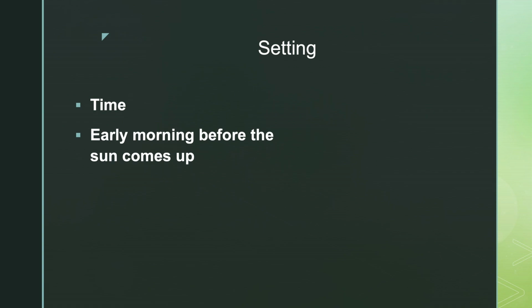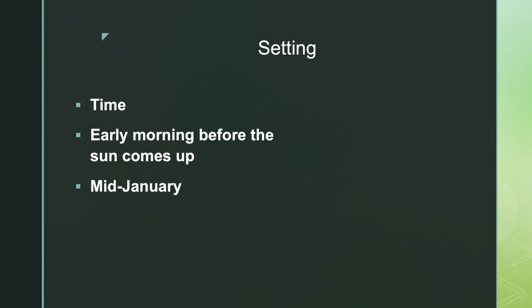So time here is early morning, like physical clock time. It's early morning before the sun comes up. How do we know this? Based on what is said about the environment in terms of the cool or the cold breeze. At one point, way down in the story, it mentions the sun was just coming over the hill. So it stands to reason that we can assume that at the beginning of the story, it was still pretty dark, or maybe the sky is getting a little bit light, but it's going to be another hour or so before the sun is actually up.